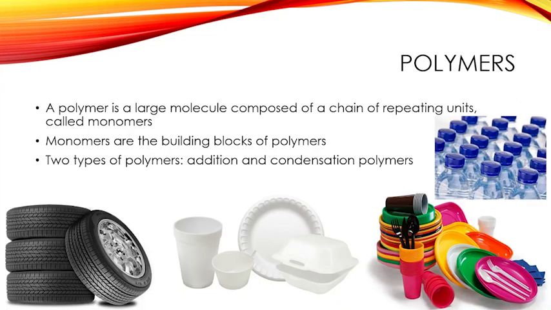Let's start with a broad definition of polymer. So we define a polymer as a large molecule composed of a chain of repeating units called monomers. So if you compare polymers to Legos, the individual Lego pieces are your monomers and the finished product or the finished piece is called the polymer, okay? Monomers are typically small molecules, but if you form them together into a chain, then you form a big macromolecule